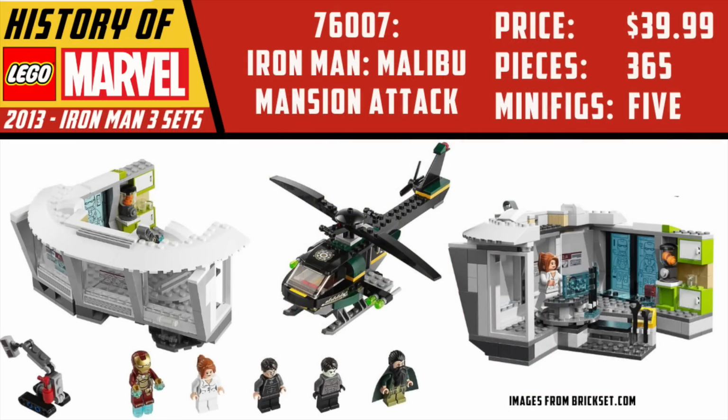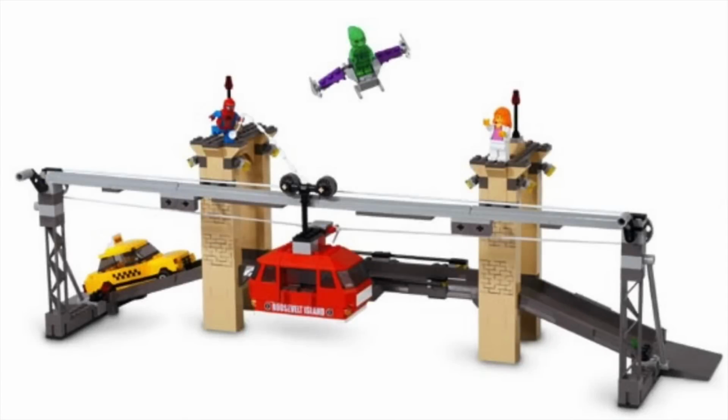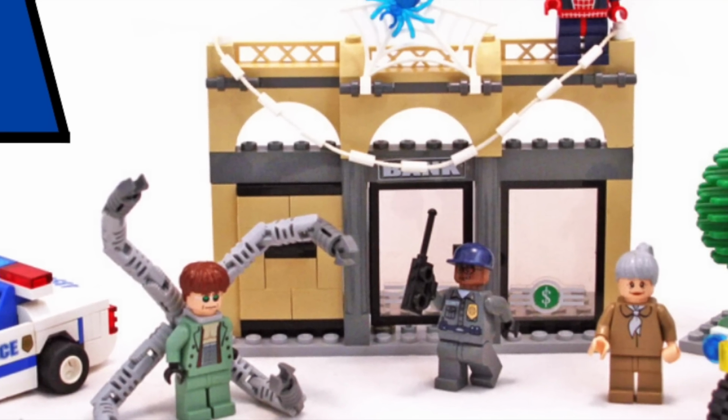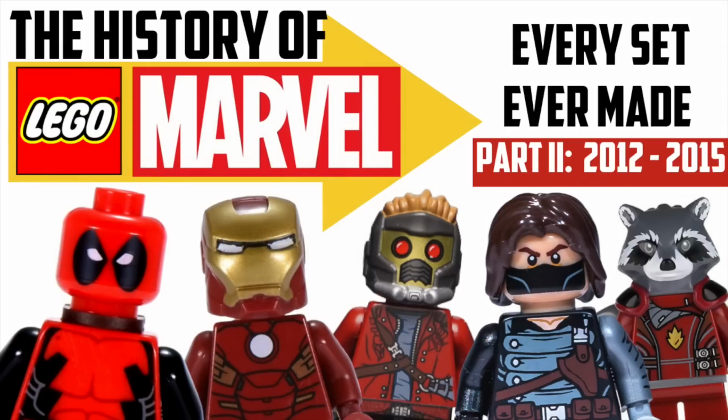So this is a really exciting time because, of course, in the first installment of this, we took a look at the old Spider-Man sets from the Tobey Maguire, Sam Raimi movies from way back when. And while those were very exciting, those ended in 2004, so we've gone a long time on the timeline, 8 years in fact, until these sets would have come out. So let's strap in and take a dive into the history of LEGO Marvel, every LEGO set made between 2012